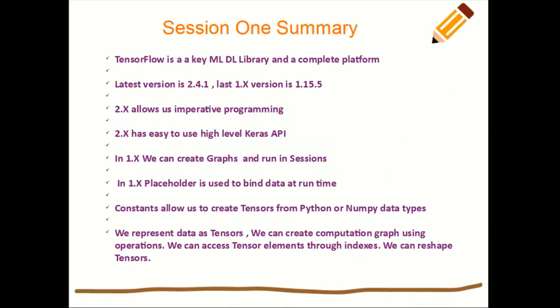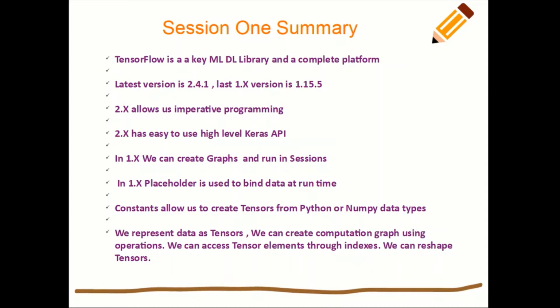In video 1, we discussed that TensorFlow is a very well adopted Python library in the industry because it is open source and probably the most popular ML and DL library. It is very easy to use, and it is also a complete end-to-end platform. Version 2.x of TensorFlow introduced iterative programming through eager execution. This helps in fast development, testing, and debugging.